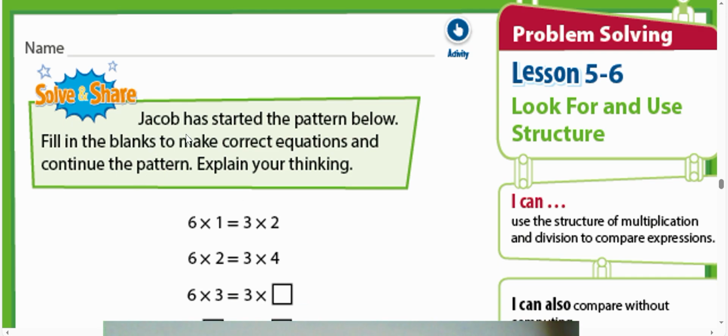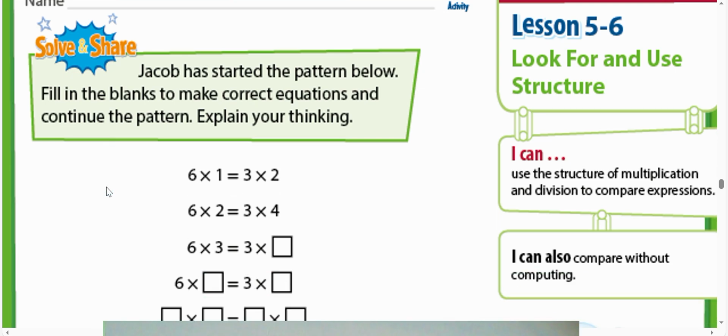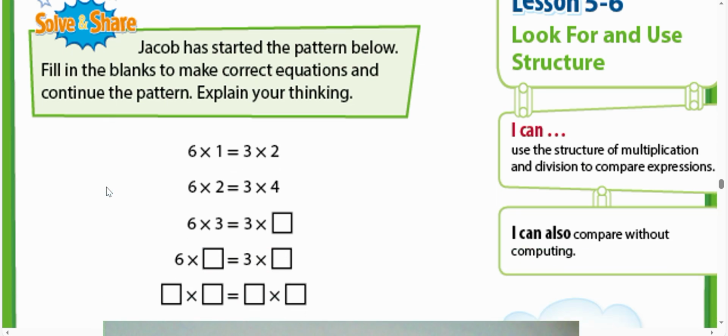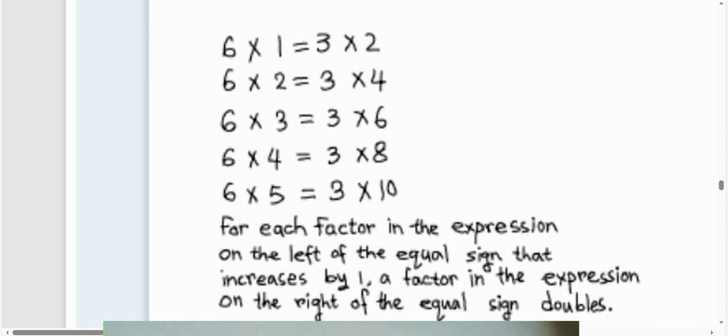Joe has started the pattern below. Fill in the blanks to make correct equations and continue the pattern. Explain your thinking. You can write here 6 times 3 equals 3 times 4 and then complete the answer by yourself. Then for each factor in the expression on the left of the equal sign,